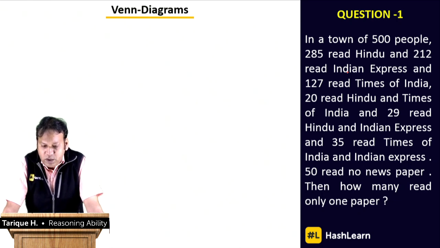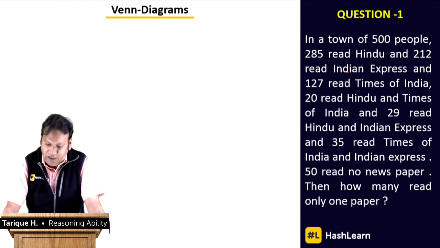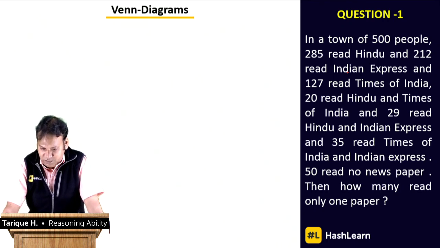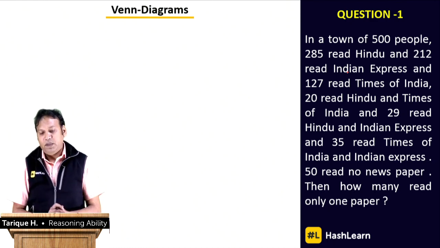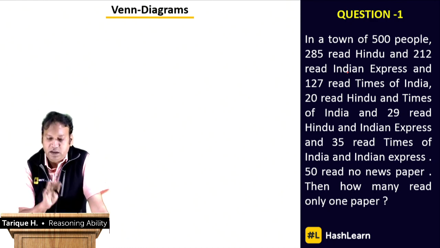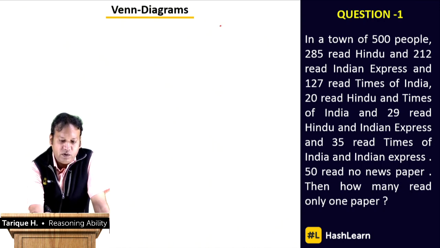Then we also see that 20 read Hindu and Times of India, 29 read Hindu and Indian Express, and 35 read Times of India and Indian Express. 50 read no newspaper. Then how many read only one paper? A lot of information is there regarding the total number of people first. So we have a total of 500 people,